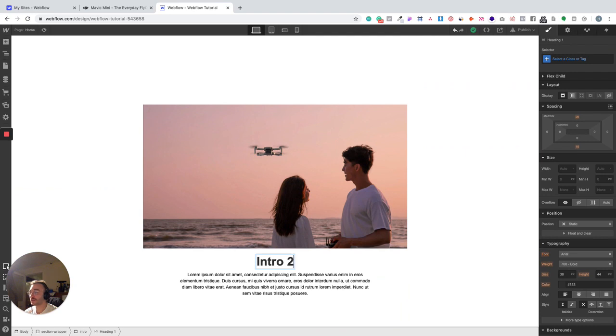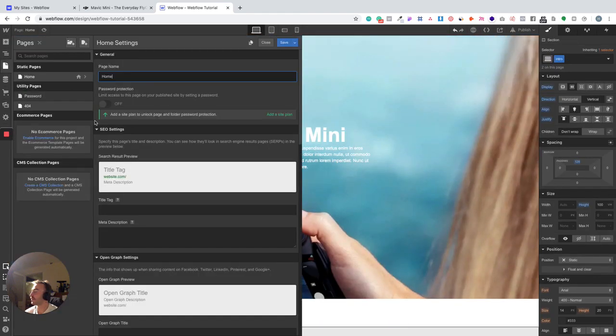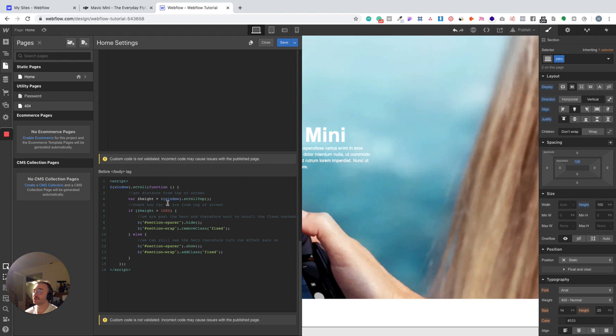I'm going to name this section intro 2 just for necessity. Let's go to body, and here I have a bit of jQuery which I'm going to paste and put in the description for you. And what does this jQuery do? Well, what it's doing is it's measuring how far from the top are we, and if we're 1,000 pixels away from the top, then we are going to hide section spacer and we are going to remove our fixed class from section wrap. However, if we decide that we want to scroll back up and then we need the effect to kick in again, we're going to show our section spacer and we're going to add the class fixed to